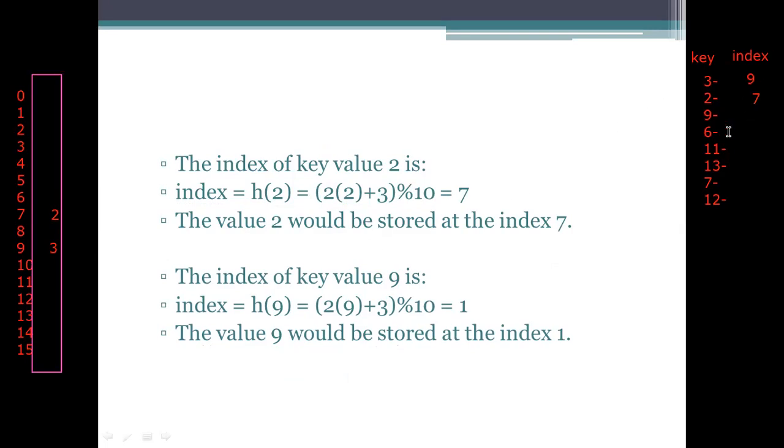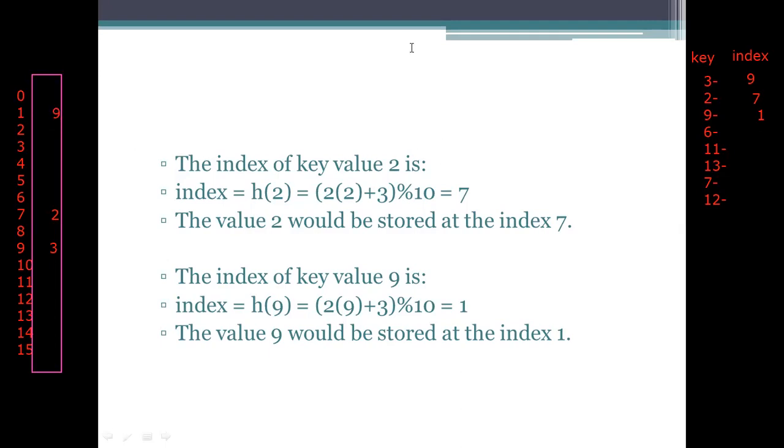Okay. Next value 3. After 3 we are having the value 9. If you are taking the 9 as a direct one, then you have the problem. So what we are doing here is we are taking the value to the function, 2 into 9 plus 3, which is 21. So the location to be stored here is 1. So at the first position, at the index 1, I am taking the value which is 9.